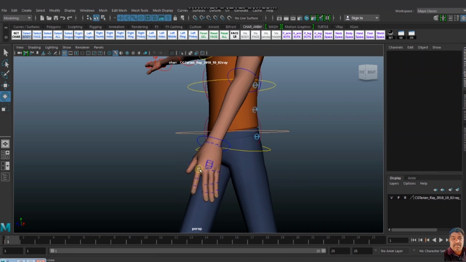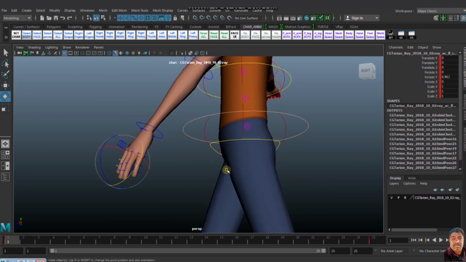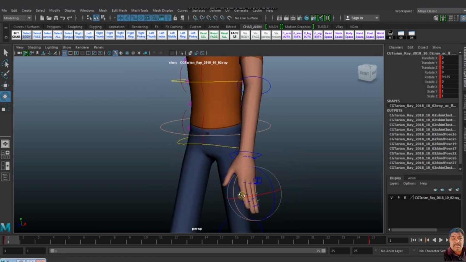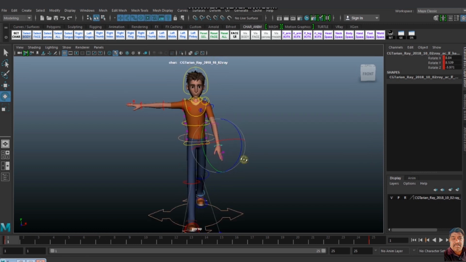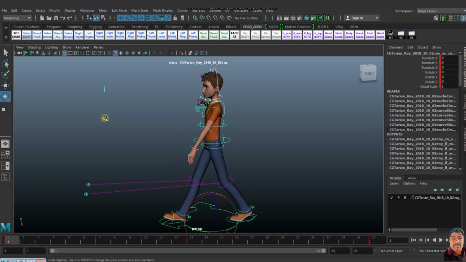It is very important to make your fingers very good too. So I am doing it like this. This is my number 1 pose, the contact pose. I make the pose, select the body and set key.